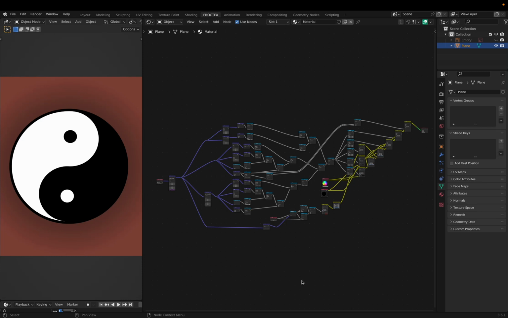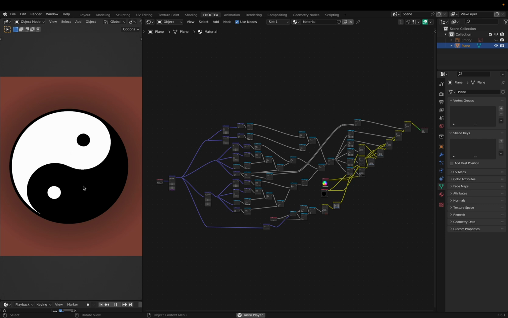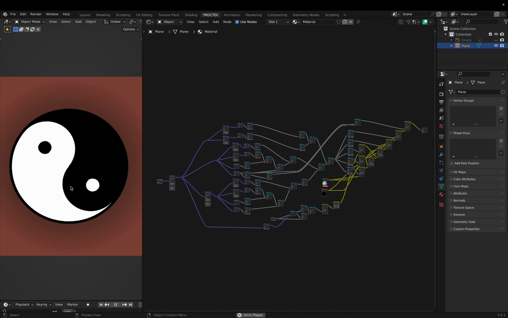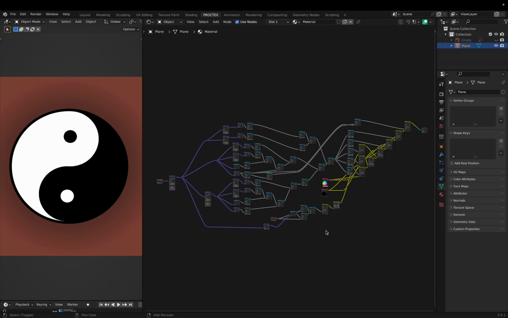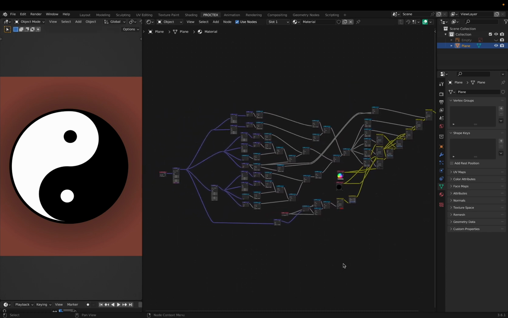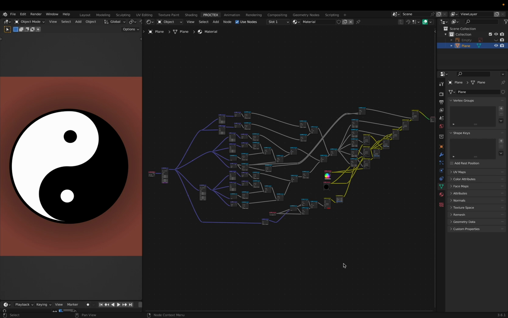So in this video, I wanted to show you how I made this animation of the yin and yang logo. It rotates like this, and just the symbol itself is made with only nodes, including this background. It's just a gradient that I made. And my first step in making this, it only took, I think, 10 or 15 minutes to make this, but